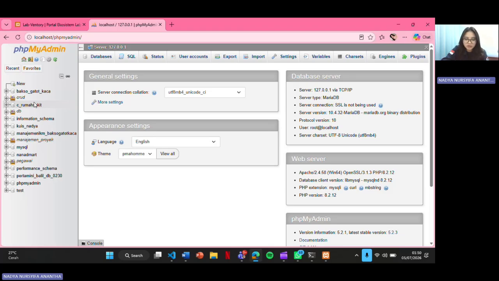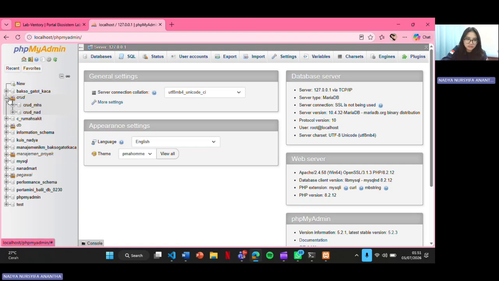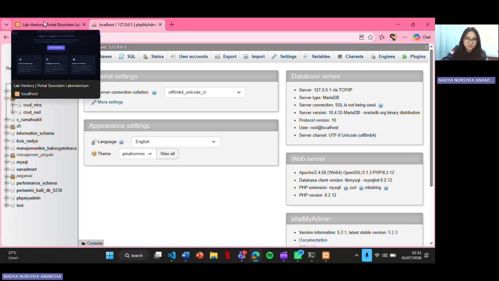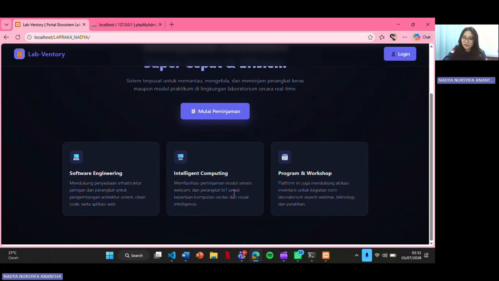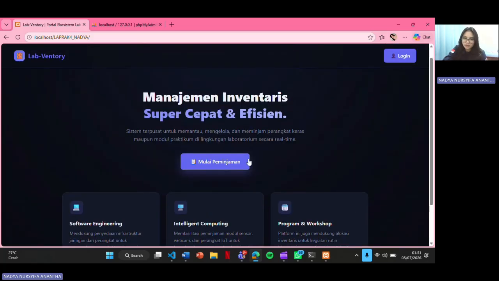The status of each borrowing transaction has four possible values: pending, approved, reject, and return. Okay, we can see this database.